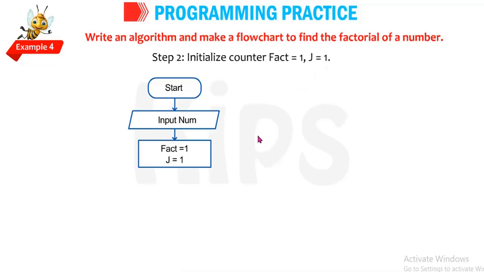So now we have taken 3 variables. First is NUM, another is fact, and another is J. To the fact variable we have assigned the value 1, and to the J variable we assigned the value 1.